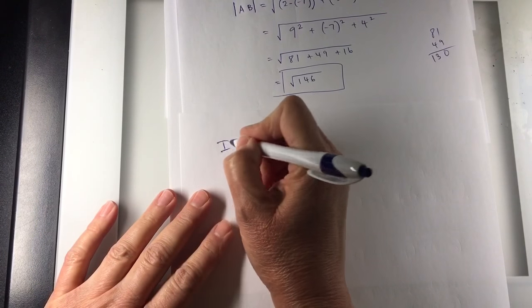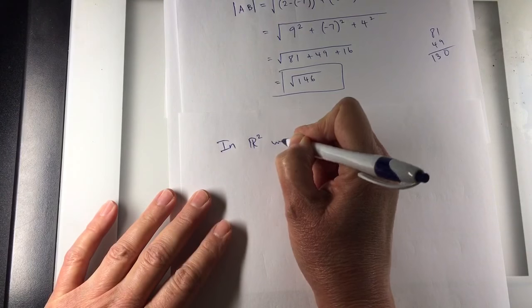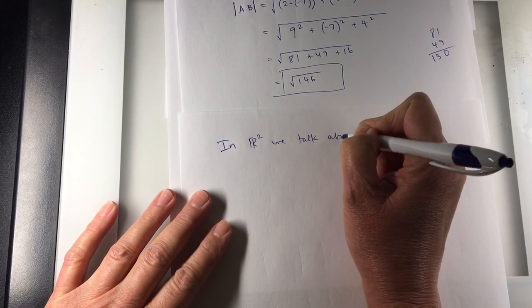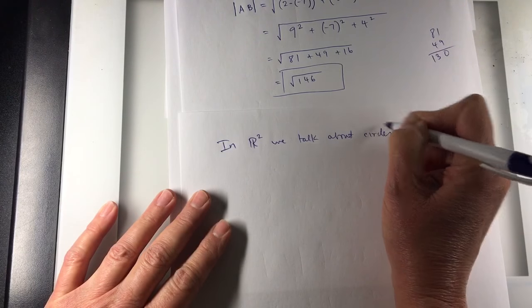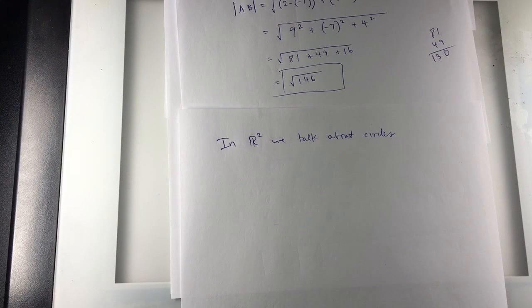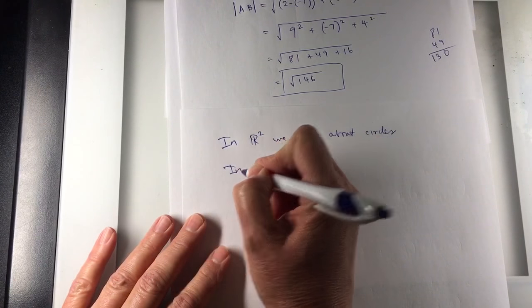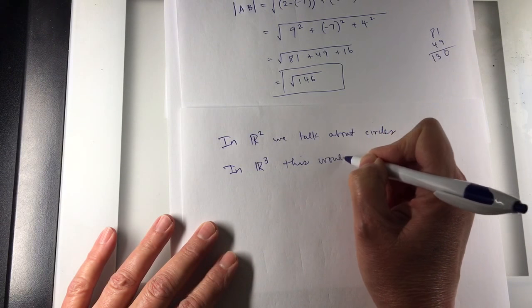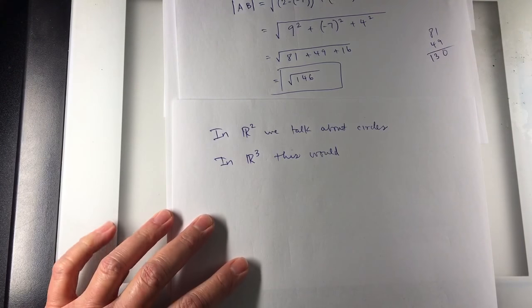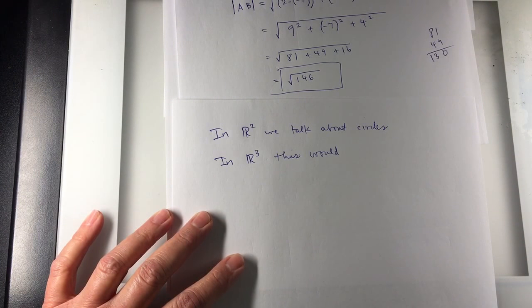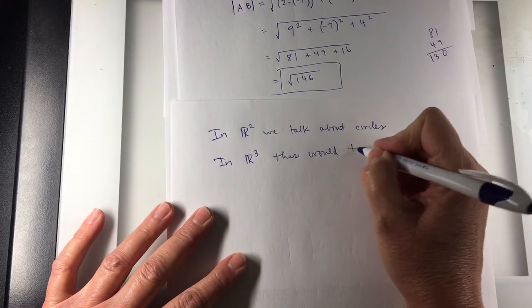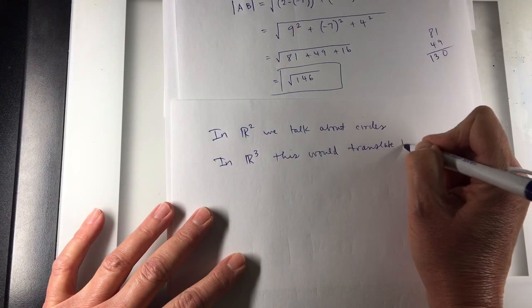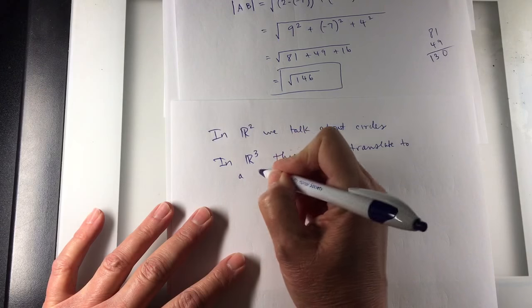So let me say this. In R2, we talk about circles. And in R3, this would translate to a sphere. I'm saying translate, but you know, the complement, I don't know if I want to say complement, but I'll use translate. The translate to a sphere,